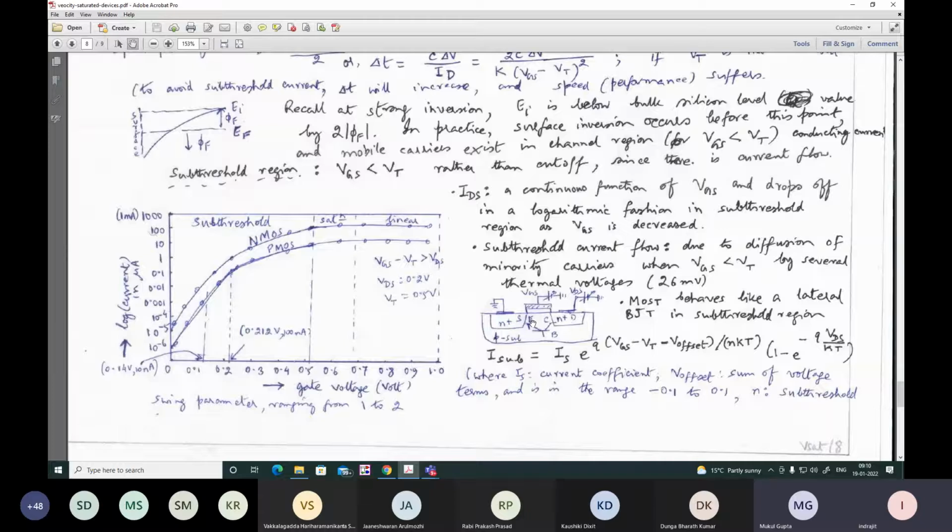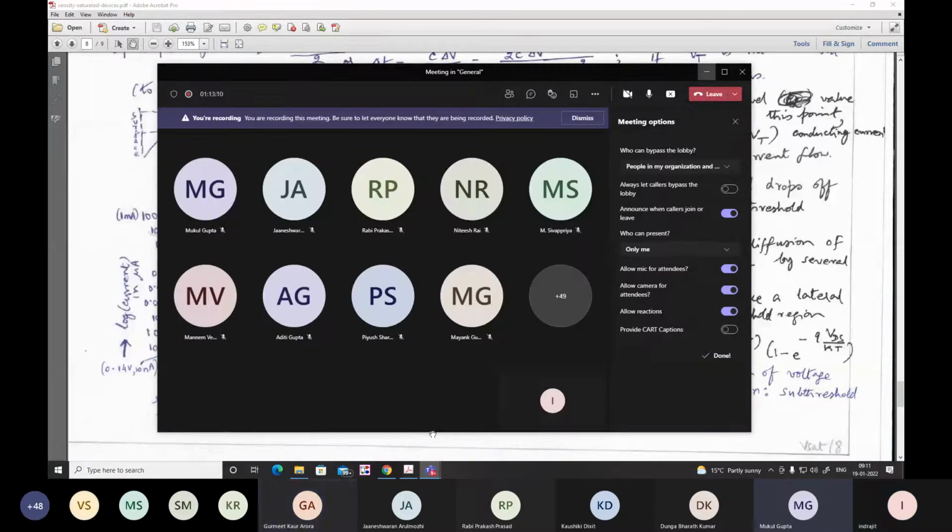A sizable percentage of them has found place, and also due to the shortening of the channel length, you have something called DIBL, drain induced barrier lowering. Due to that also, the electrons find an easy passage from the source to drain. This is about the subthreshold current phenomenon. So the subthreshold current is depending on VDS also. Means in deep triode region, how the value of VDS will affect subthreshold current.